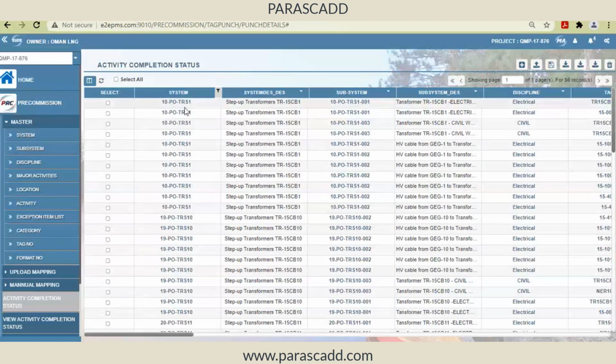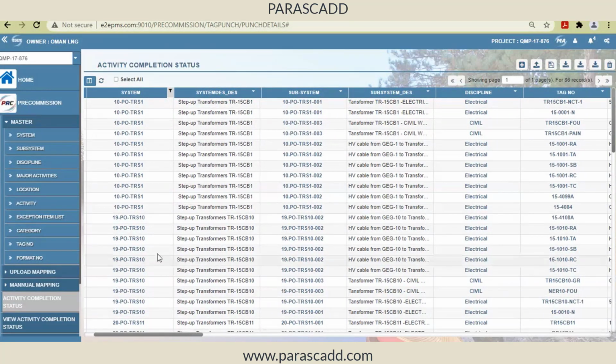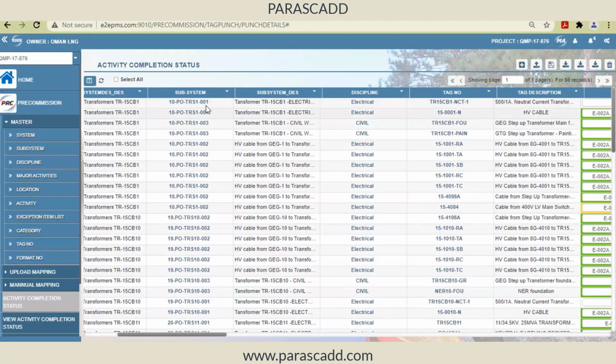So this is a particular system, 10POTRS1, for example. Here you can see the subsystems TRS1 001, 003, 002. So I have 3 subsystems, and within the first subsystem 001, within the electrical discipline, I have 2 tags, right?